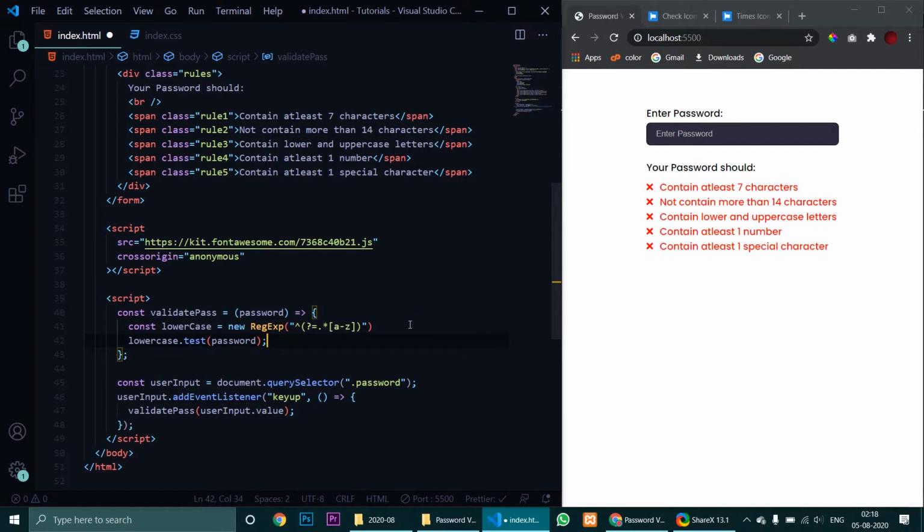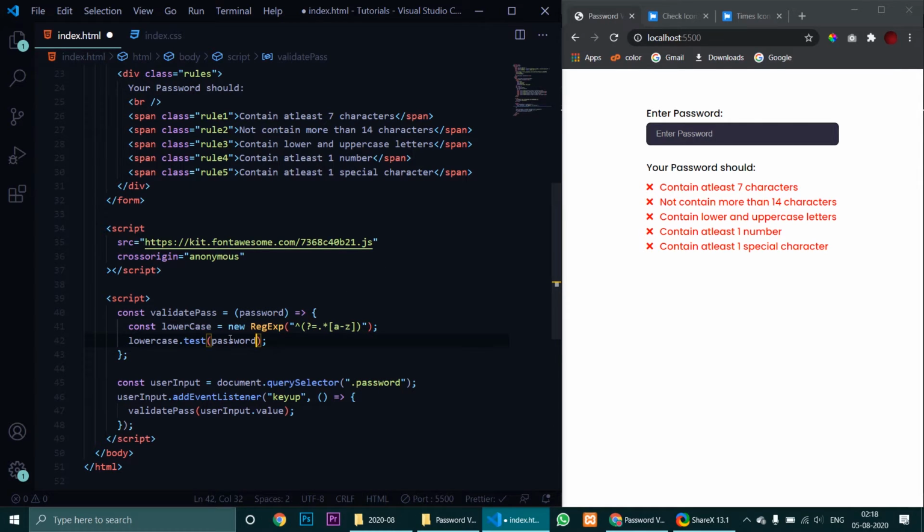Yeah, so now here we created an object named lowercase. Now whenever we call the function test, this is a predefined function in JavaScript, using the lowercase object and pass the value password. Now password, what is the value of password? It has whatever the user has entered.